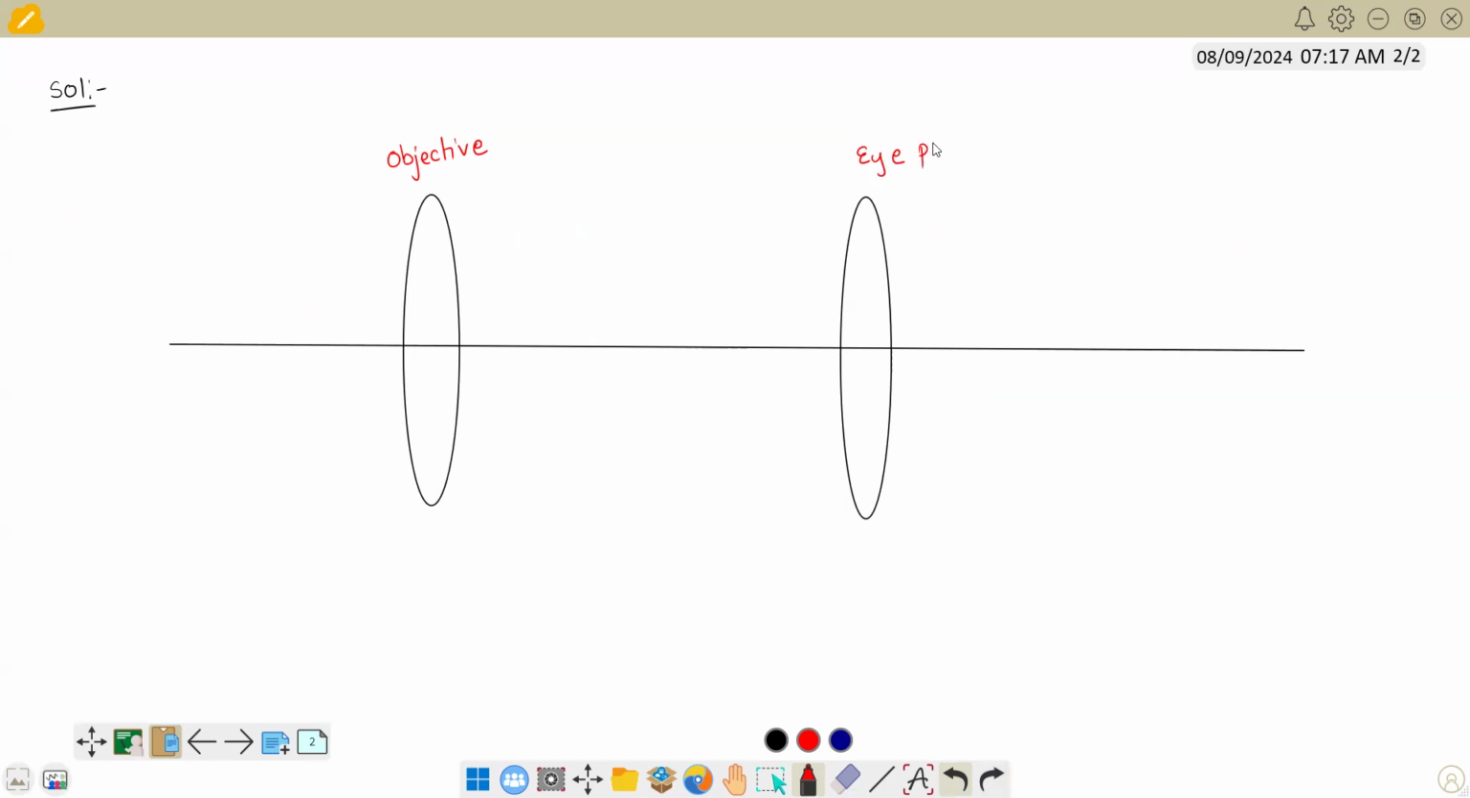This is the eyepiece. And he has given the distance between these two, objective and eyepiece, as 15 centimeters. So this is given as 15 centimeter. And he has also given how far from the objective an object should be placed in order to obtain the final image at the least distance of distinct vision. So let us assume we have an object here. For the object, this is the first lens, right? For lens 1, for the objective lens,